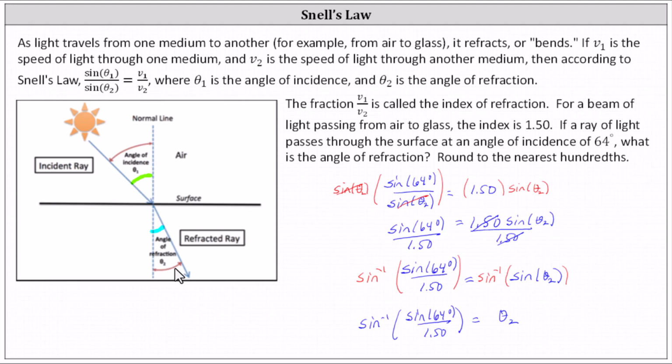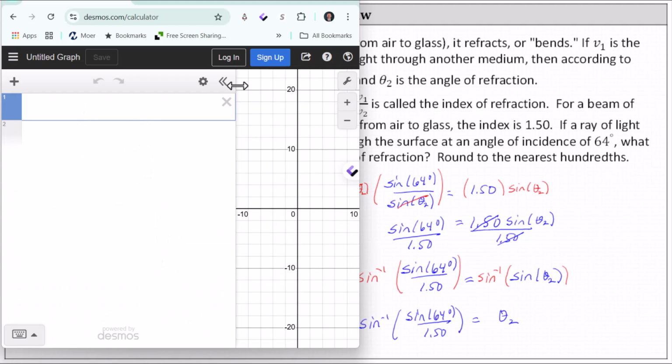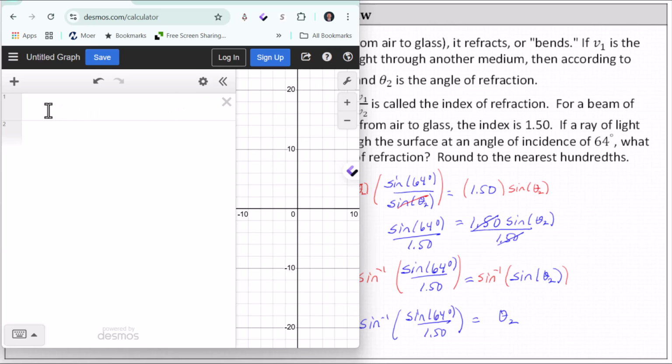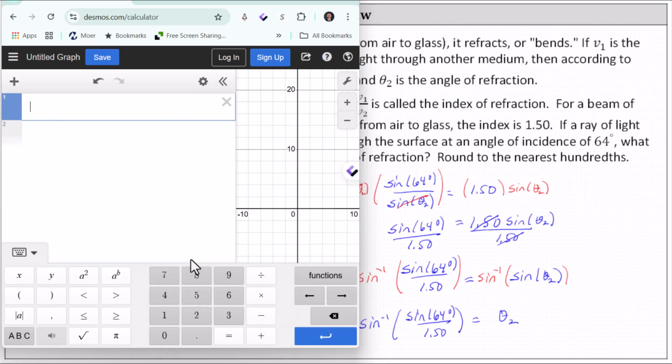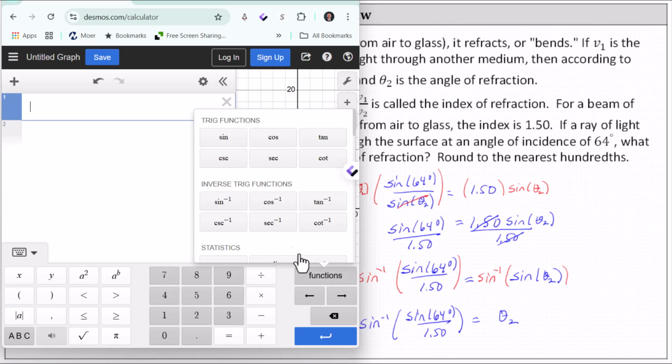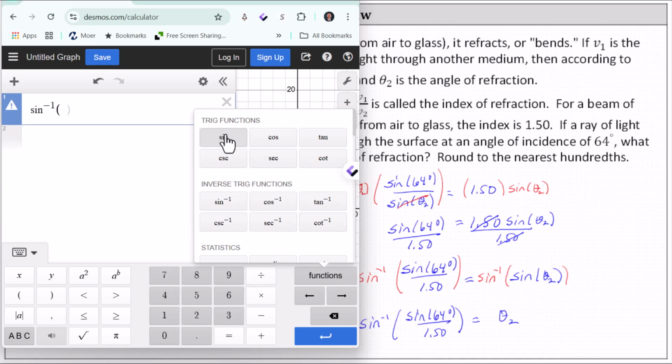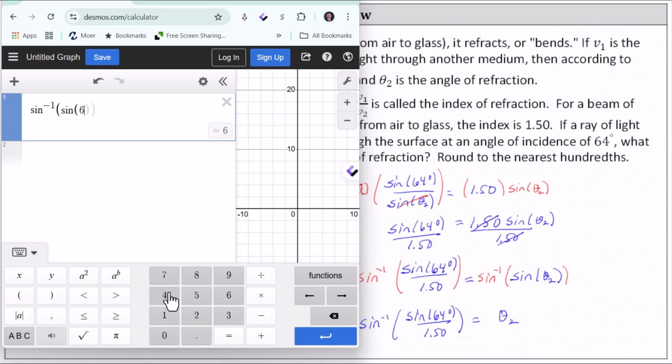I'm going to go ahead and use the Desmos graphing calculator. To check the mode, click on the wrench, and down below we're going to highlight degrees. Click the wrench again to close the menu, and now in cell 1 we'll enter inverse sine. For inverse sine, click functions. Under inverse trig functions we have inverse sine. We have to go back to functions for sine and click sine 64 for 64 degrees, close parenthesis, divided by 1.5 or 1.50,